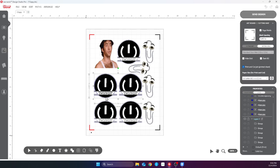Okay. Actually, let me move these ones to the right, and then I'll move them to the...